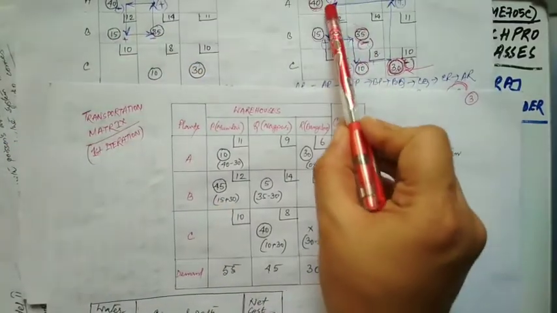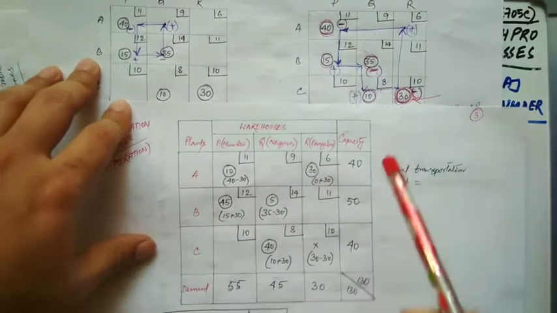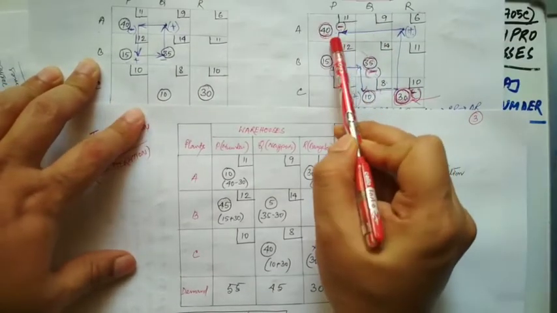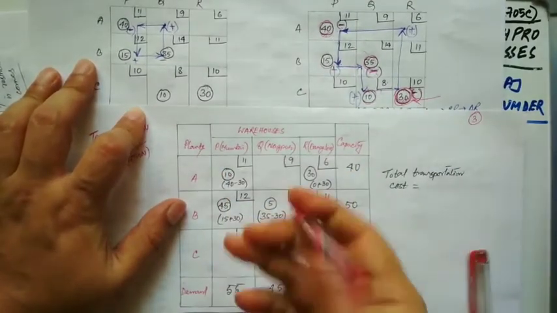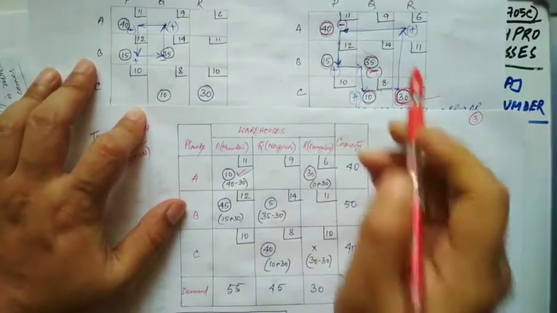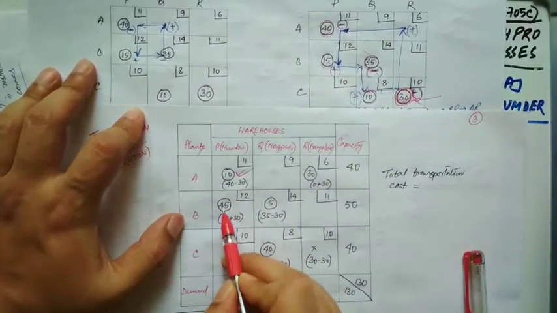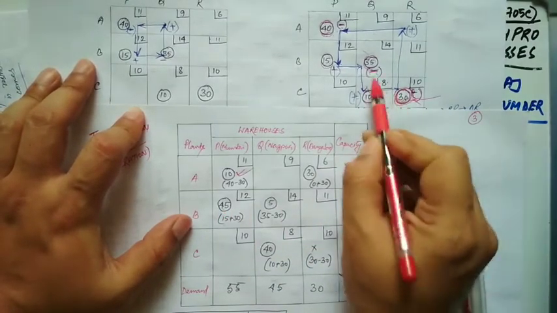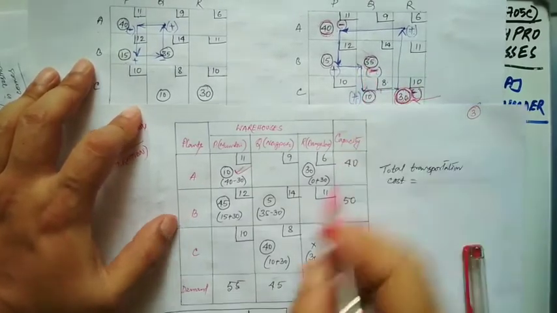Let us start from here. I think it is clear to you now. So this is 30, we have to subtract 30 from negative values. The first negative value cell is this one, AP, 40 minus 30 gives you 10. Next come to this cell, 15. This is a plus sign, so you have to add 30, that is 15 plus 30 gives you 45. Next come to this cell. This cell is negative, so you have to subtract 30. 35 is the greater one, so 35 minus 30 gives you 5.